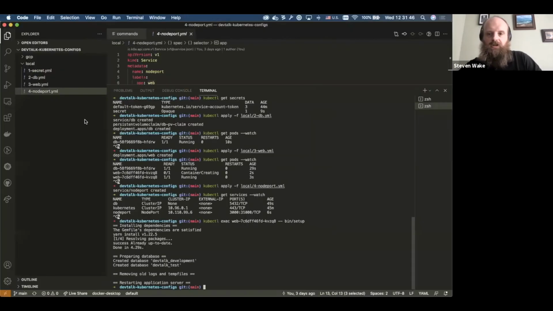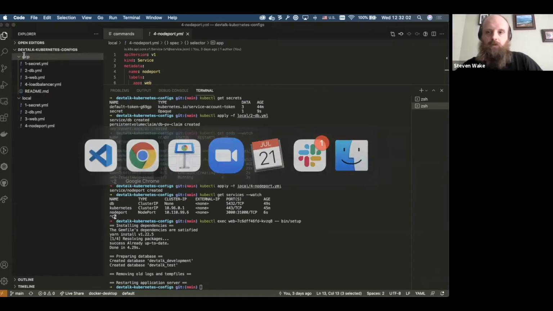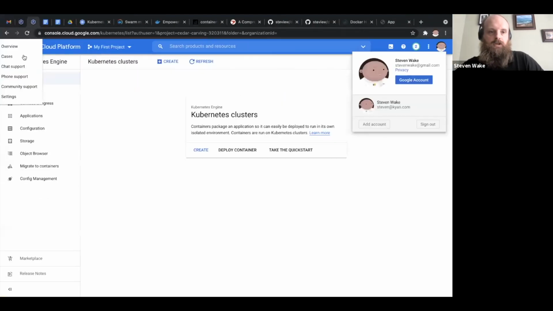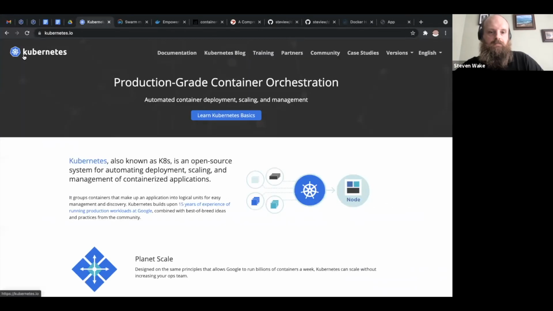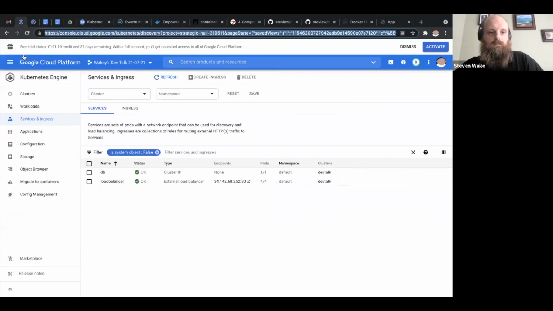I'm not going to go into so much detail with the Google Cloud version. I'll just show you the differences between the Kubernetes configs. So I won't bore you too much, but let's go to our cluster.